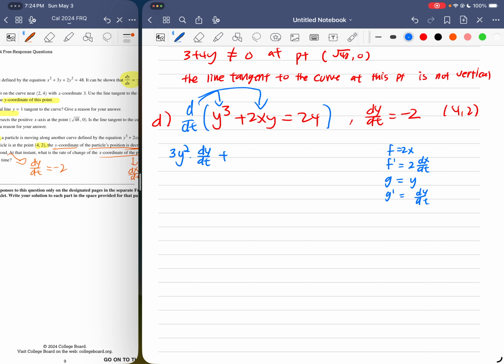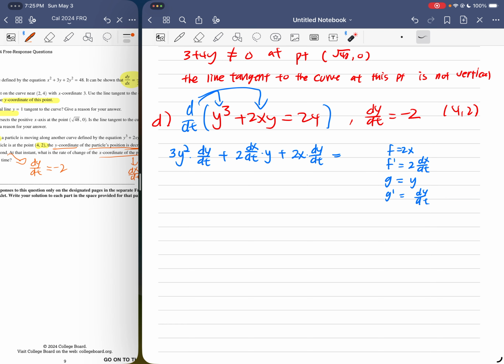So it's a product rule. I'm not going to explain the formula because you should know by this time. So f prime, so 2 dx/dt times y, plus f times g prime, so 2x times dy/dt